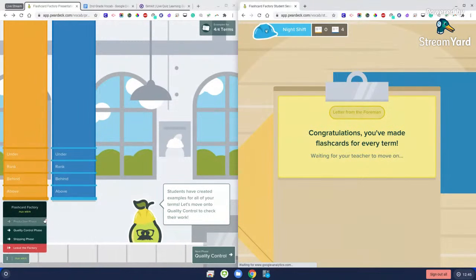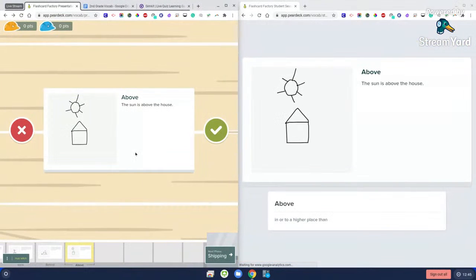So once the production phase is done, I'm going to move on to quality control. And the quality control phase says, all right, we're going to pull up each of these flashcards. Now, because there's only one team working, you're not going to see the other team. But at this point, you would see the two teams and their representation. So I would see the night shift and the day shift, and we would say, all right, which one do